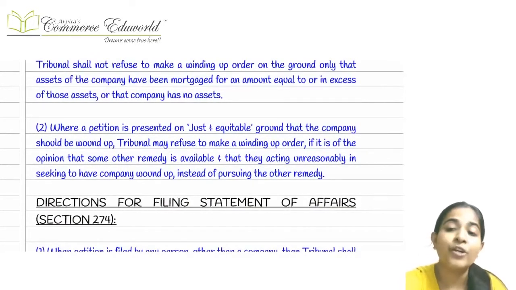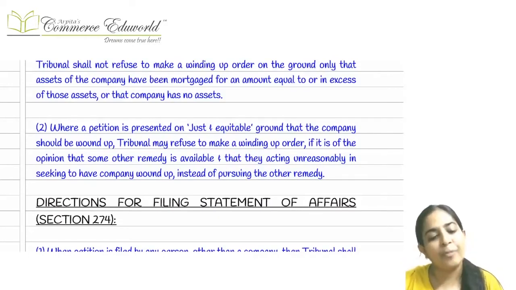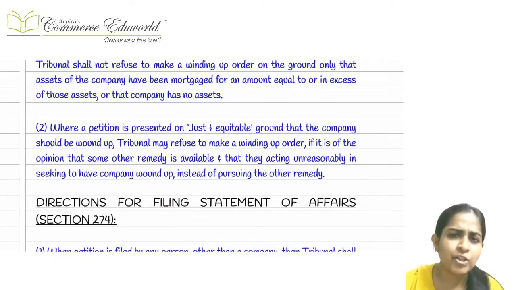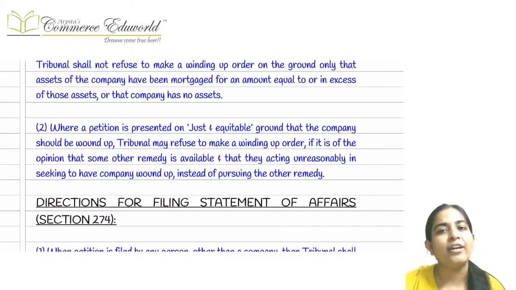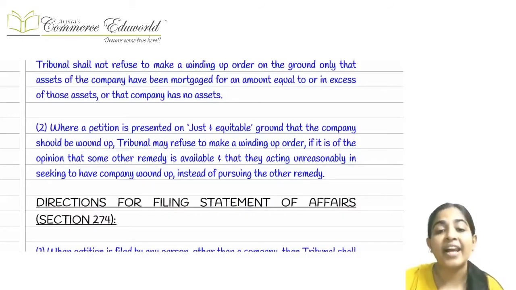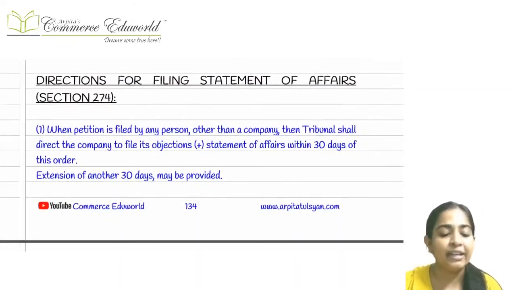Okay, and the last point now under section 271, out of those 5 points, is that if the tribunal thinks that it is just and equitable that the company should be wound up. For example, if the company is merely insolvent, it does not mean that the company should be wound up. We should give some opportunity to the company to revive itself. So basically the concept remains the same as that of your IBC. The first resort should not be liquidation. The first resort should be revival, and only if that is not possible, then liquidation, winding up, etc.